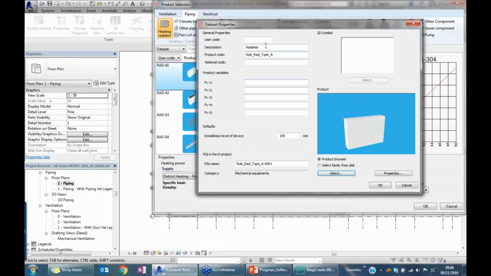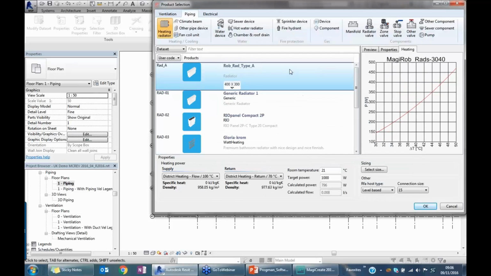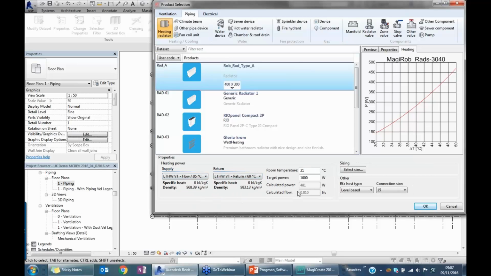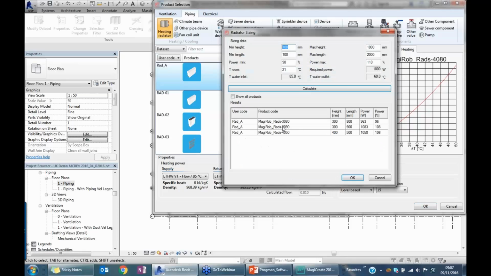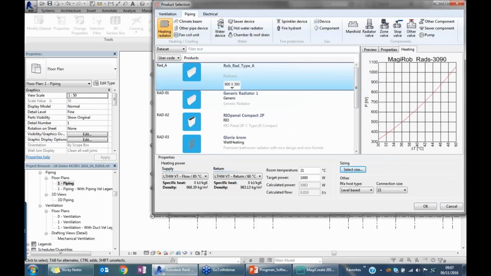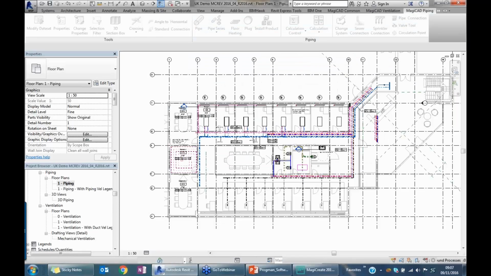So press Select, and then I'm just going to put RAD A in there, and press OK. You can obviously choose your family name as normal as well. Press OK, and then that appears in here now as a radiator, and I just choose the VT system that I want to put it on. And then you can see you've got your target power, and again, just like normal in MagiCAD, you can choose your sizes and it'll give you your outputs, or you could use the selection size tool like that. It doesn't matter. And then you can choose your connection size, whether it's hosted or not, and once you're happy with it, you just press OK, and it just creates the family just like any other